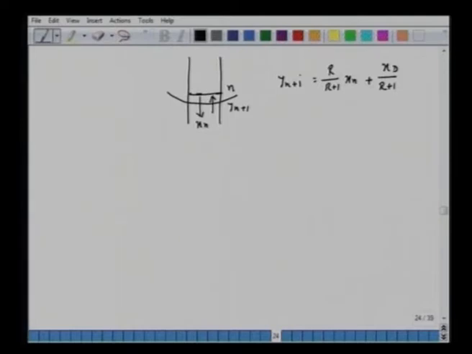Now for the bottom column, we have this mth plate, right? So this is the mth plate,